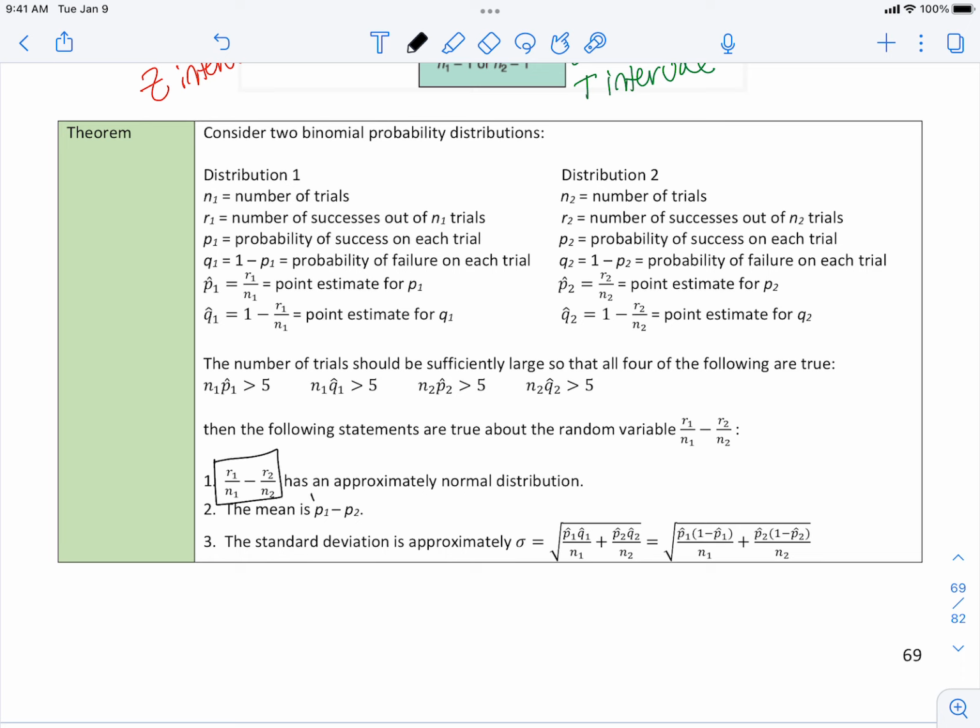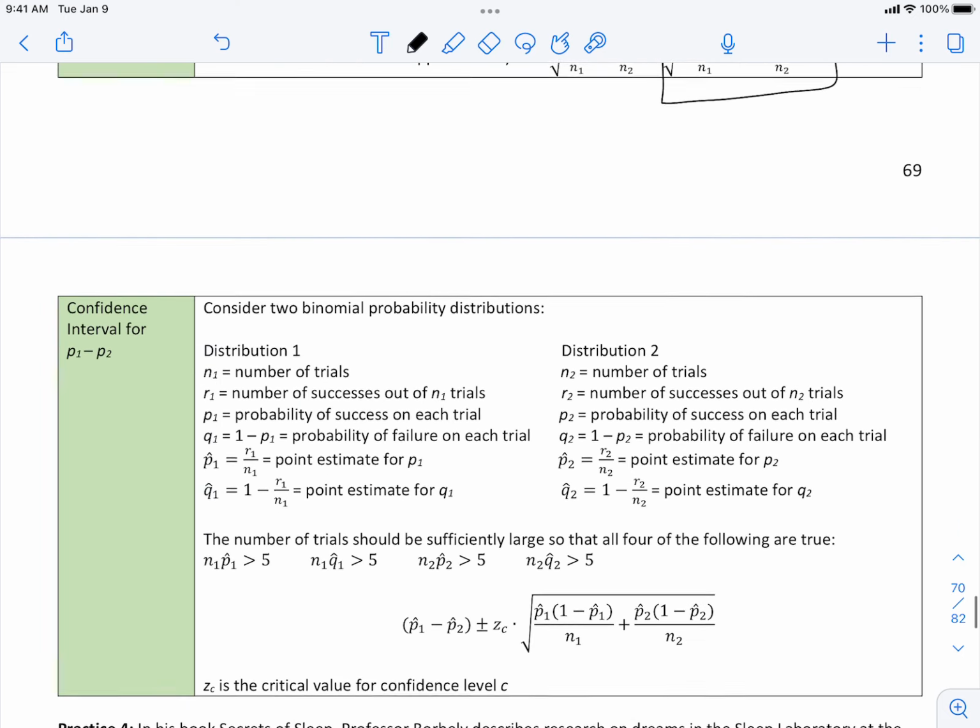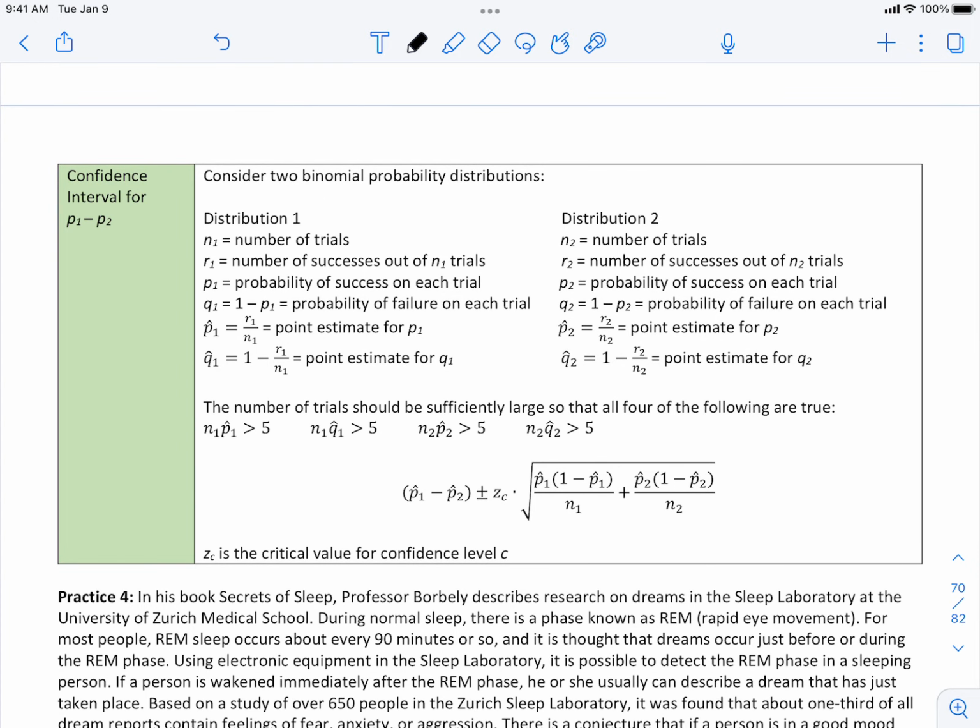So again, I'm going to point these out for you. And standard deviation is approximately, we have square root of, it looks like the formula we did before, we're just adding again. So P1 hat times 1 minus P1 hat over N1 plus P2 hat times 1 minus P2 hat divided by N2, and the square root of all of that. So our confidence interval, here we have basically that point estimate, P1 hat minus P2 hat, plus or minus our z critical value times that standard deviation we just described. Again, remember this n times p, this just means our number of successes and the number of failures are both